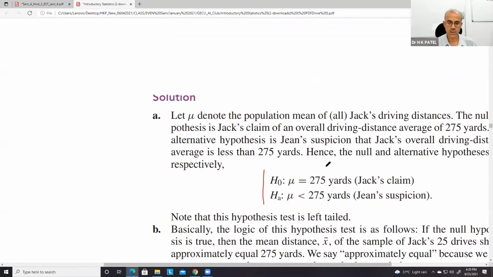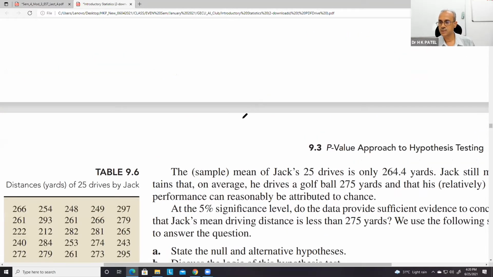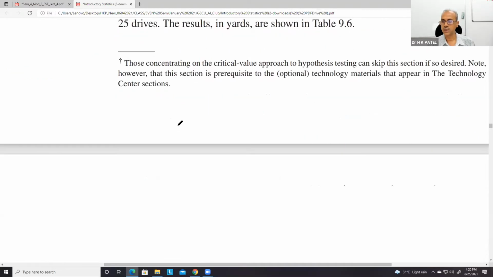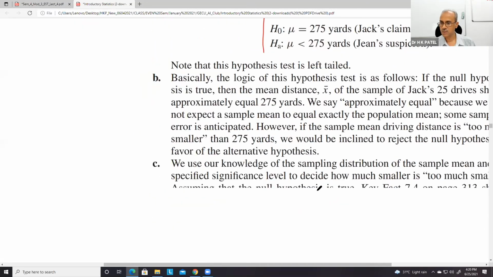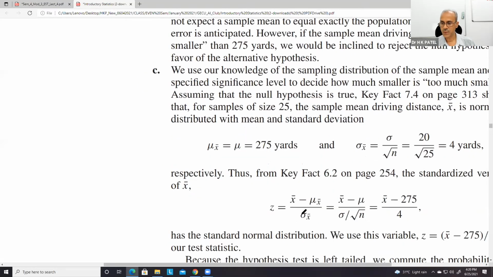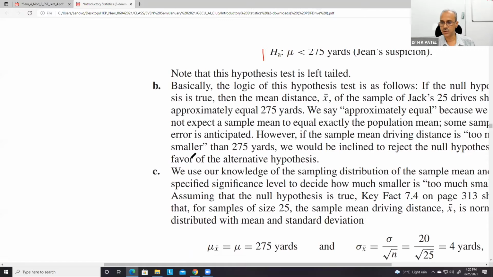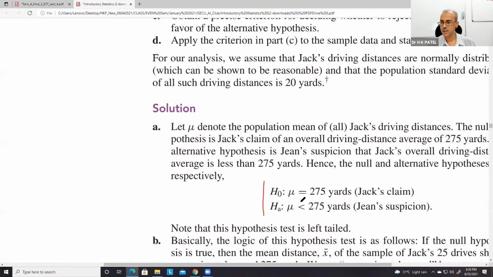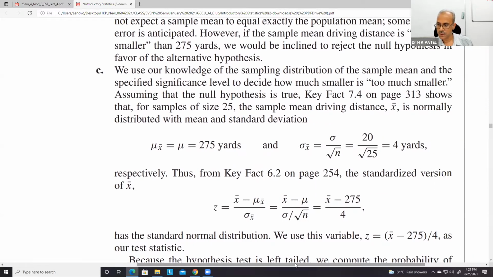Okay, if we use some standard deviation is given, let us see. Okay, not given, and therefore I think this sigma for x bar is probably calculated from these 25 values. Okay, so this is actually a t-test, not a Z test, though it is written Z here. Okay. So I don't know what it is. I will see it later.